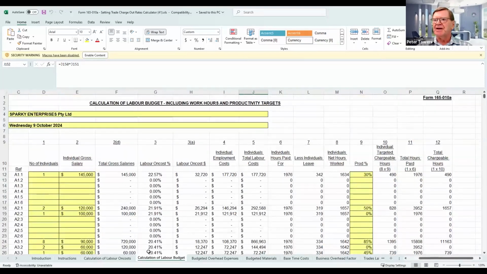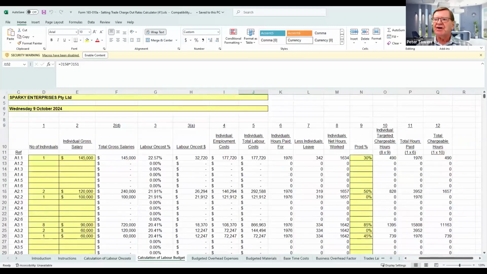I'll just go back to the beginning. So the system's transferred across from A1.1 in the labour on cost, which was the manager. And you then insert in the yellow columns. There's only one of them, and the salary is 145,000. The system then does all these calculations, factoring in the labour on costs,